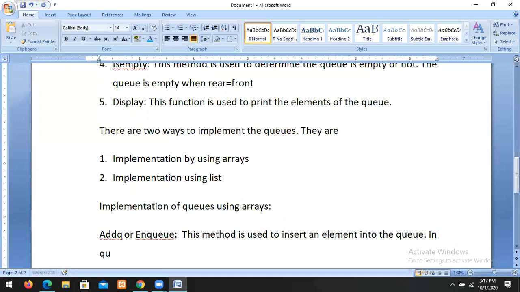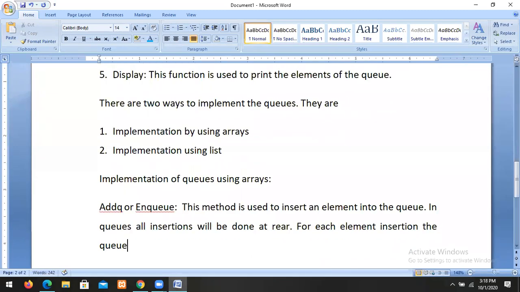In queues, all insertions will be done at rear. For each element insertion, the rear is incremented by 1.